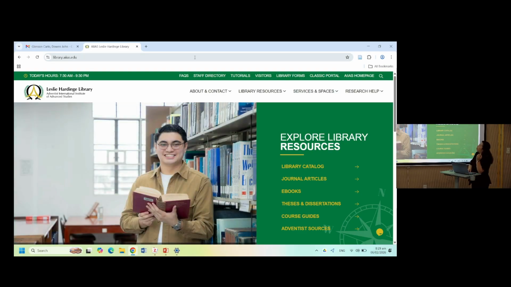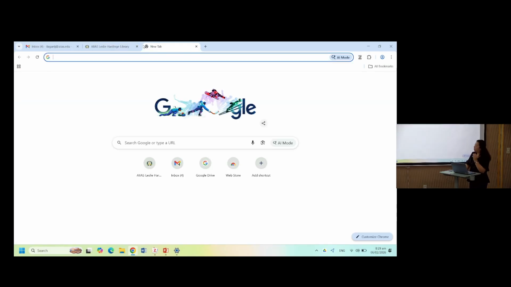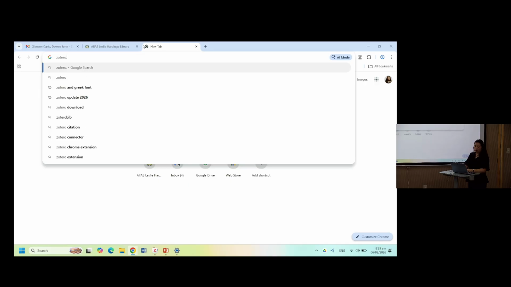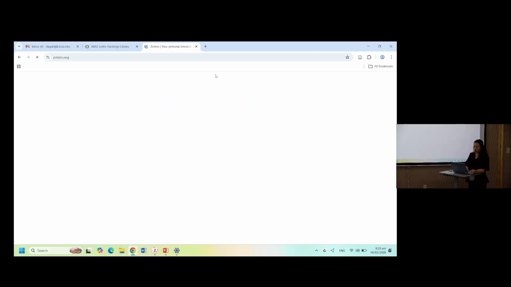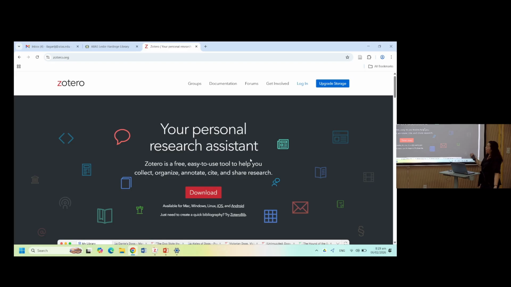If you don't have that yet, you can go to zotero.org, and let's pray that the internet will cooperate. You can click on download here.